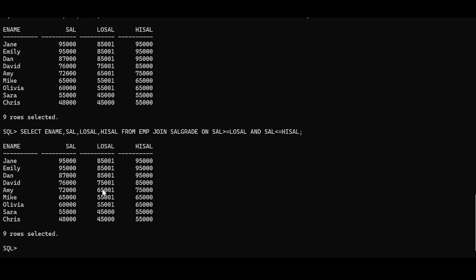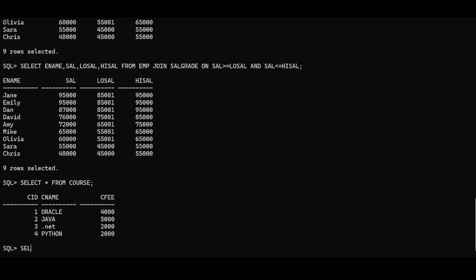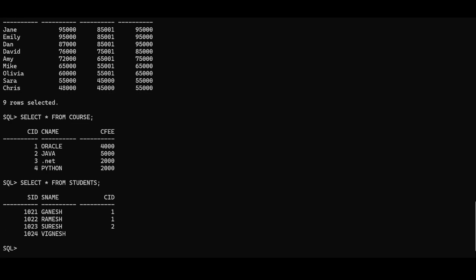Let me show a complete picture by using the course table. Let us say select star from course. We have a course table, and we have something like a students table. These tables were created in the previous sections. In the course table, you have four rows: one row, second row, third row, and fourth row. The students table again has four rows. The moment you start using the cross join,